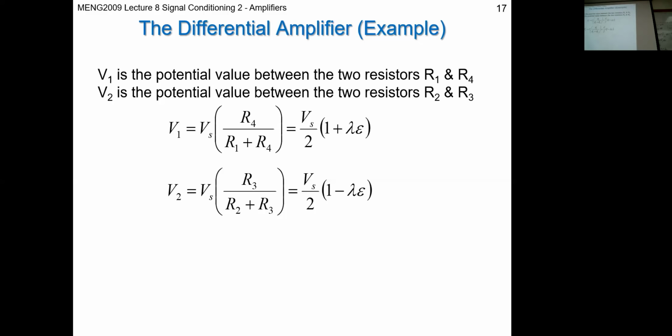R4 equals R0 times 1 plus lambda epsilon. And we just said R1 and R3 equal R0 times 1 minus lambda epsilon, so the resistance is reducing here. When we substitute those into this potential divider rule,